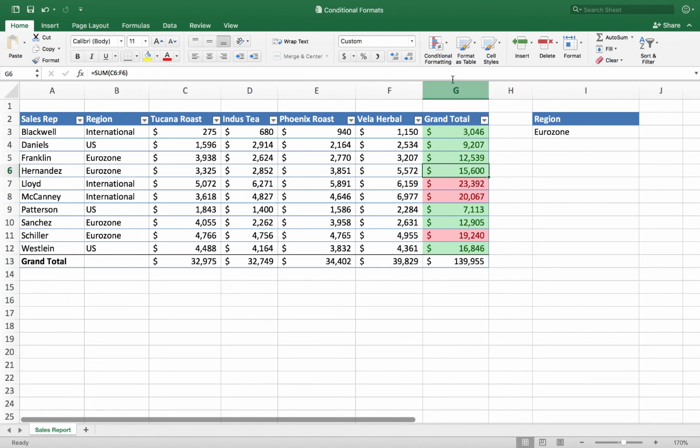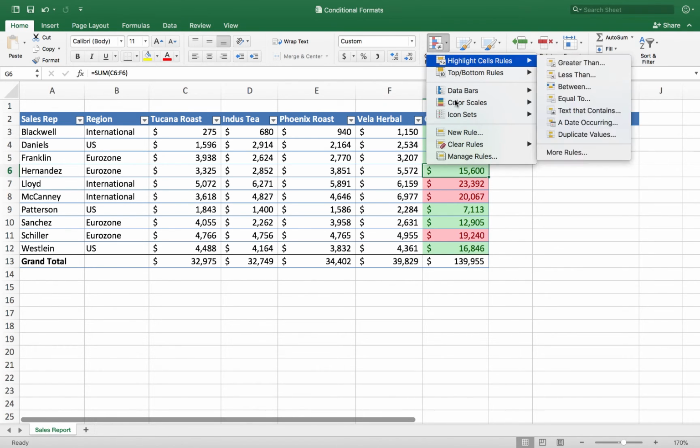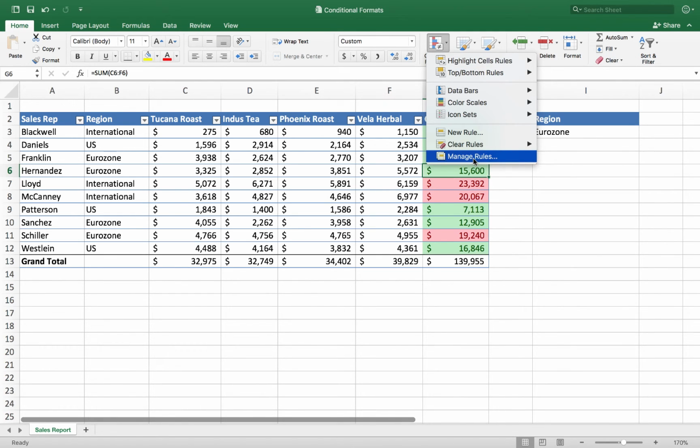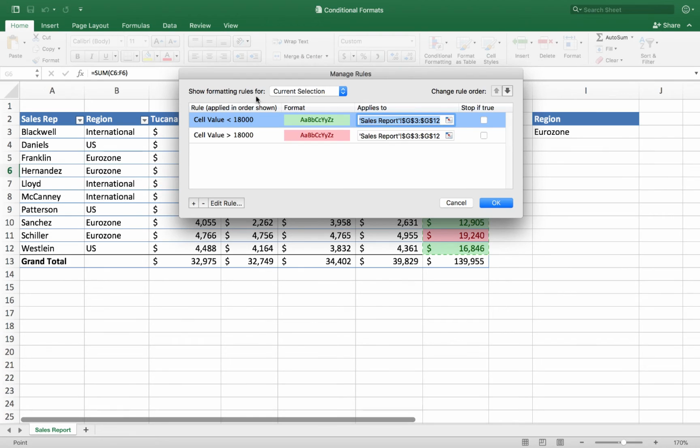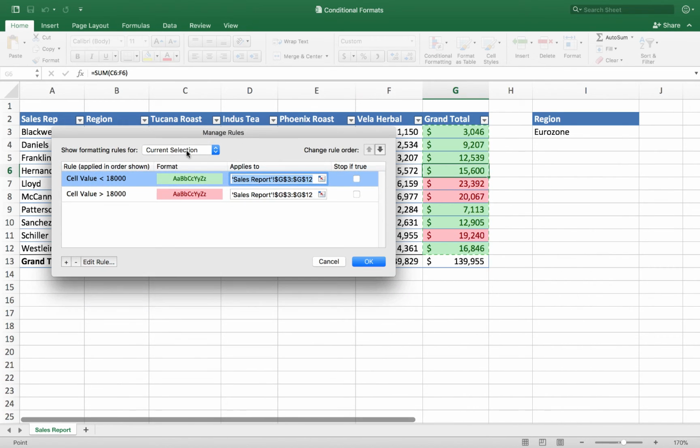So I'm going to go back to conditional formatting, and in the conditional formatting drop down, check out the last option here, manage rules. If I click on that, it'll open up a dialog box that shows me the rules. Right now it's showing me the rules for those highlighted cells, so it assumes that you want to see the rules for the current selection. I can click on the drop down and say, okay, I want to see all the rules on the entire sheet. Especially if you get fancy, you can do all kinds of formatting throughout the sheet. So if I want to see all the formatting, I choose this sheet, and it would show me all the settings I've got. Okay, so here I can see what the settings are.